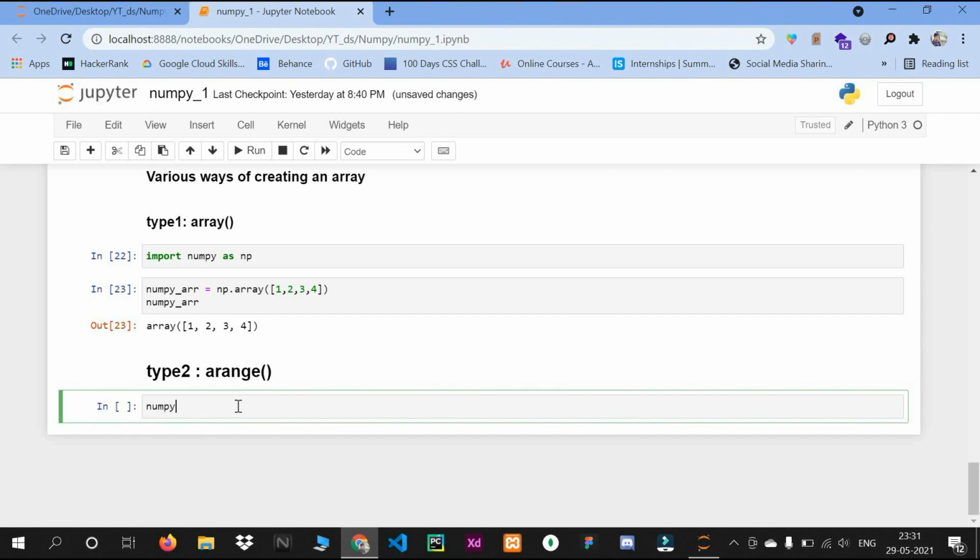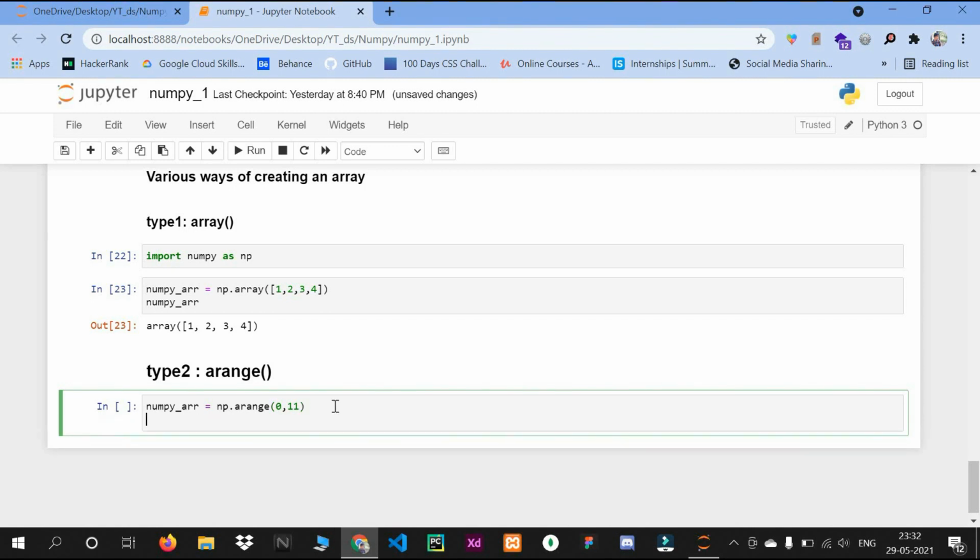I will write np.arange, and it takes up to four parameters: starting, ending, step, and data type. I want an array starting with 0 and ending with 10, so I will write 11, and let's see what it gives.